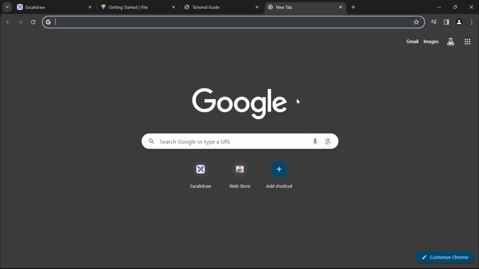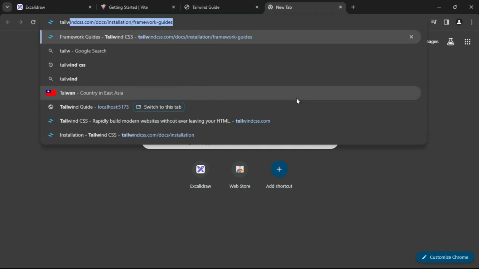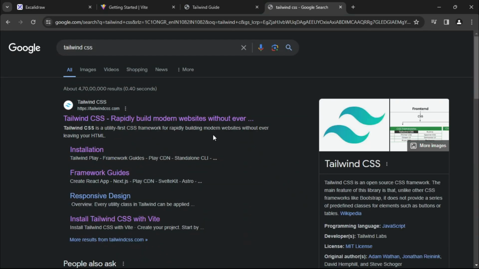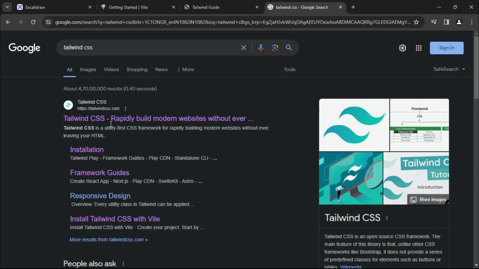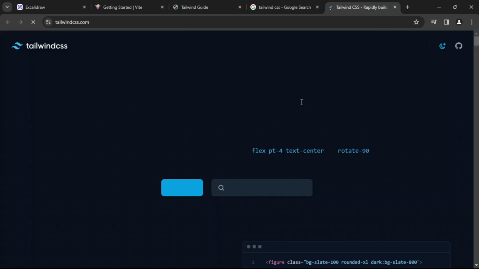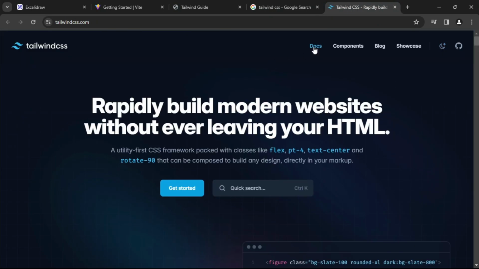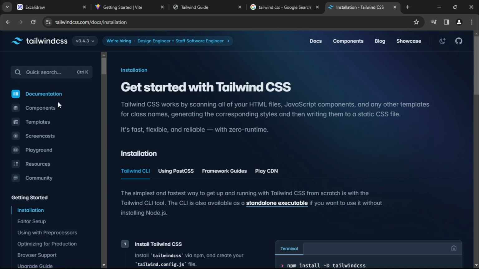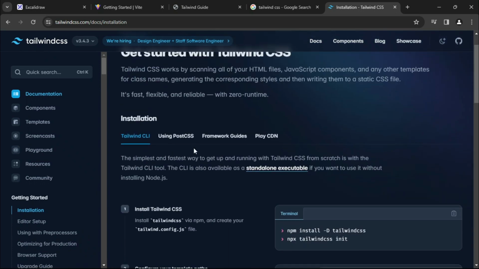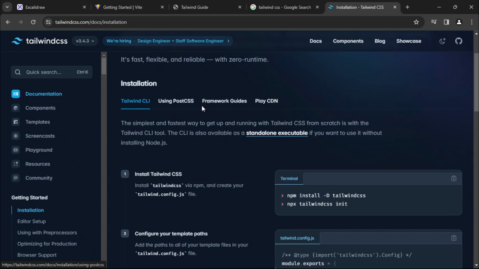To install Tailwind CSS, let us type in Tailwind CSS. Then we can see here this is the official documentation of Tailwind CSS, tailwindcss.com. Let us open that. Here if we go to the docs section, we can find Get started with Tailwind CSS. They have given the installation steps for each method, like Tailwind CLI, PostCSS, framework guides,